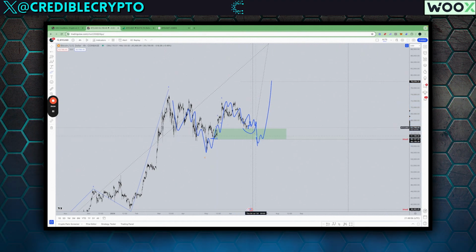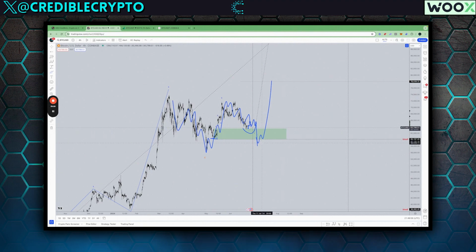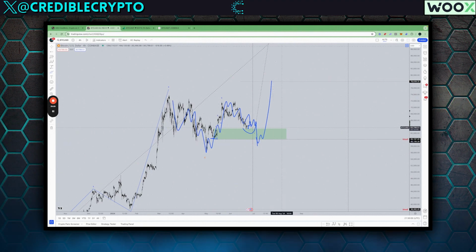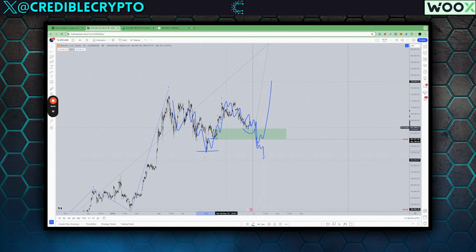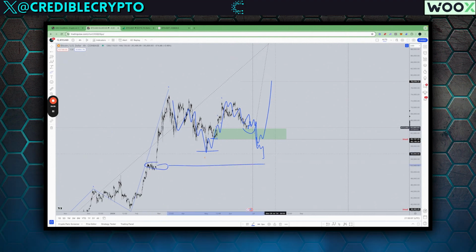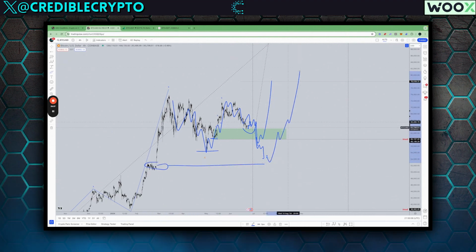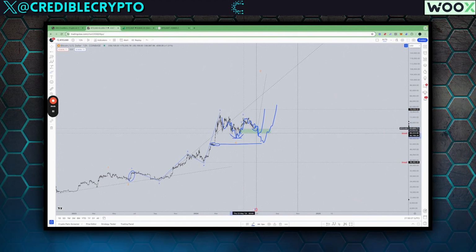And that could happen on a wick below 60K, where we then impulse again, and that's the real start of the final fifth leg. That could happen on a move back down below this level at 53K, which I know some people are looking at. Maybe we go down here and then we impulse. And as I previously said back when we were at these lows at 58K, it doesn't matter if we bottomed here or if we go to 56K or 54K, which is what some were targeting, or 52K.